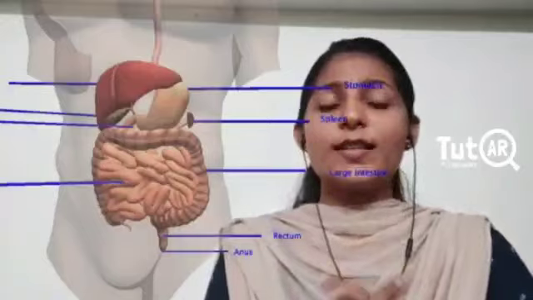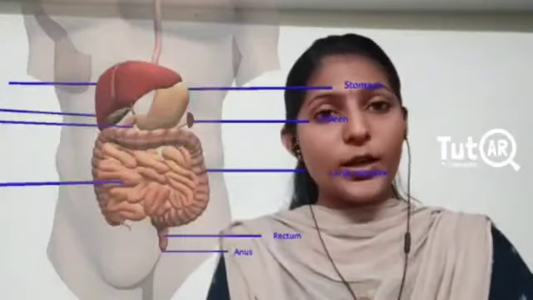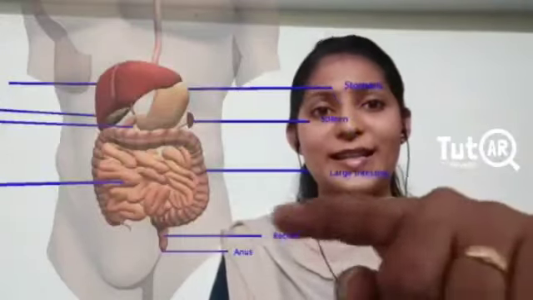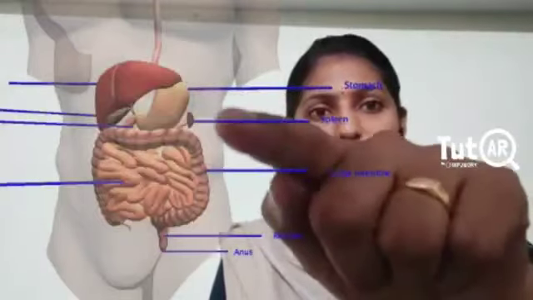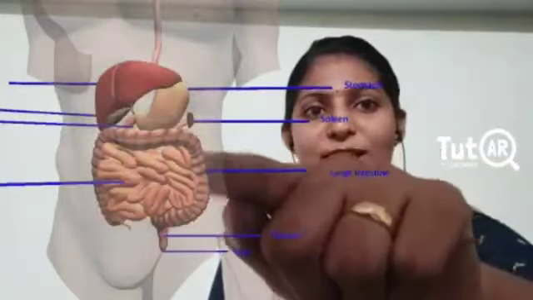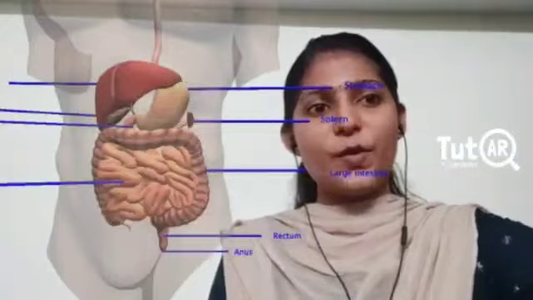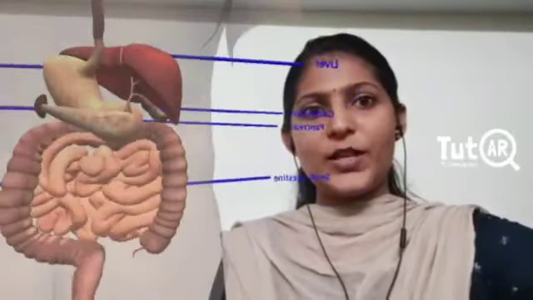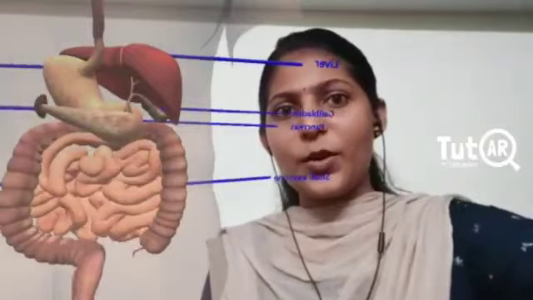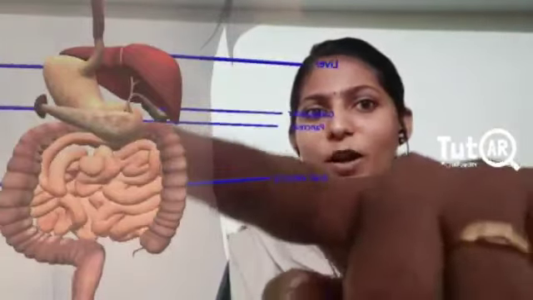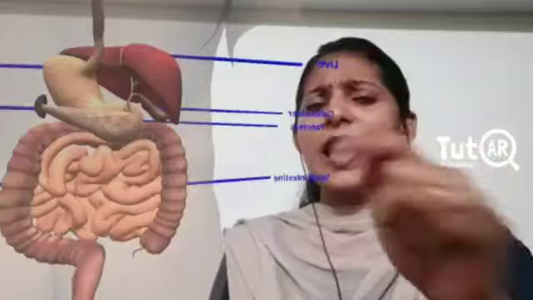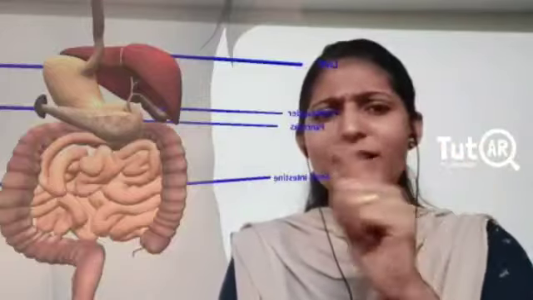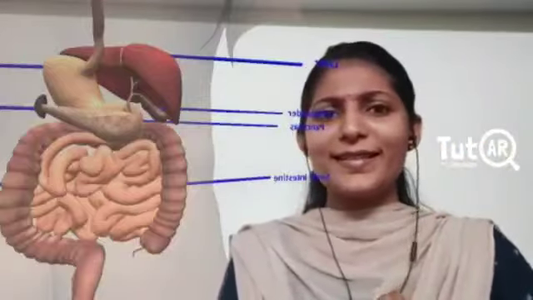Fine. Now, once the food is digested in the stomach, it moves into the small intestine. So, you can see here that from the stomach, it is now moving into the small intestine. I will show you the picture completely. Have you seen the small intestine? Why is it so coiled inside?